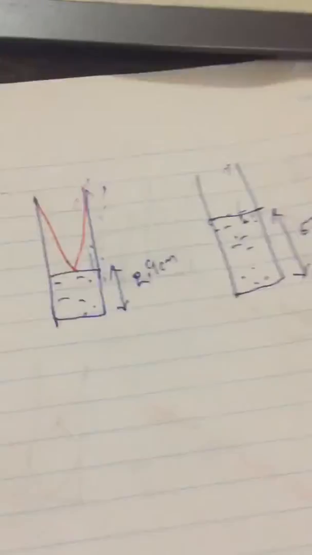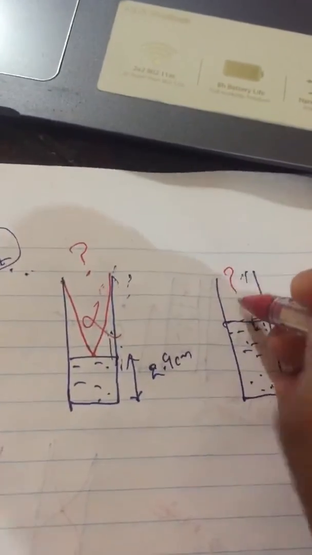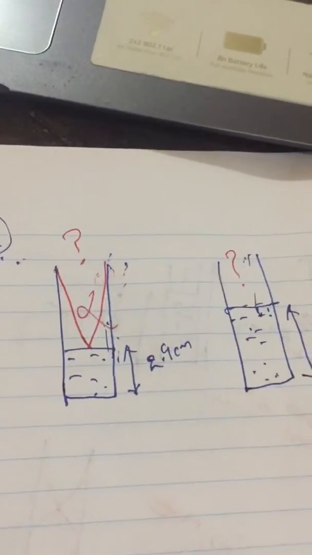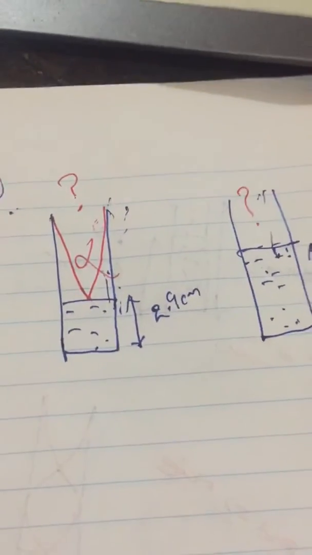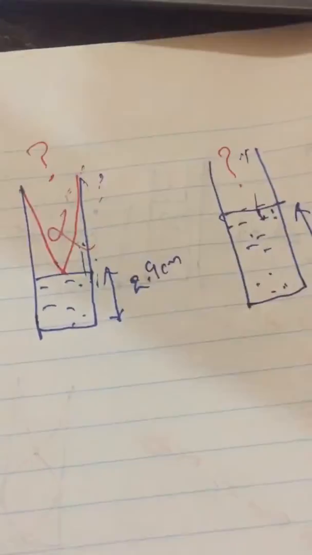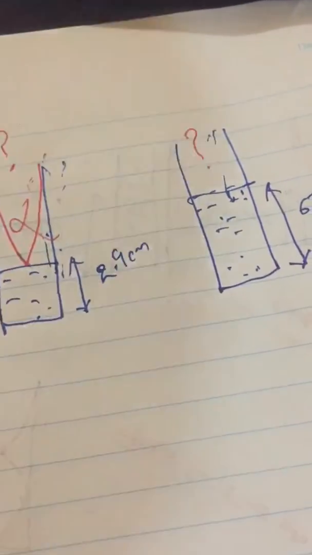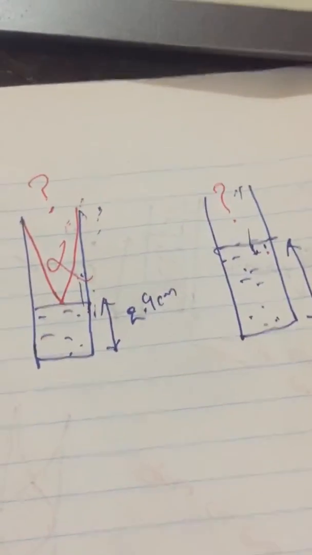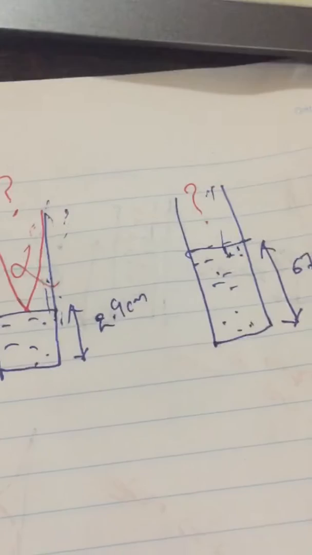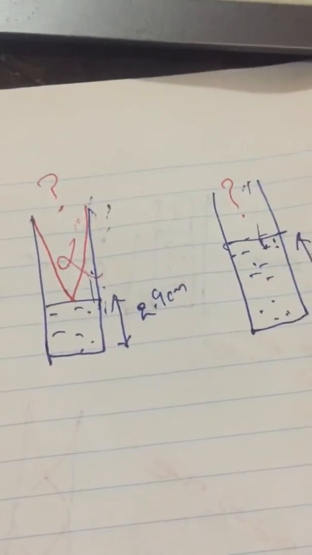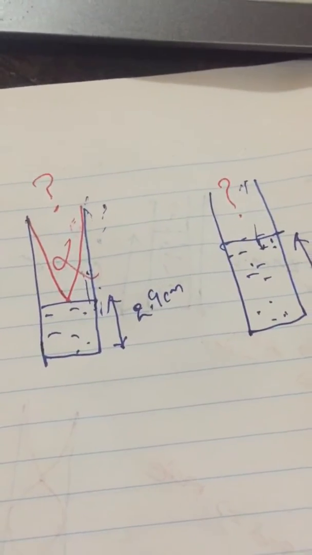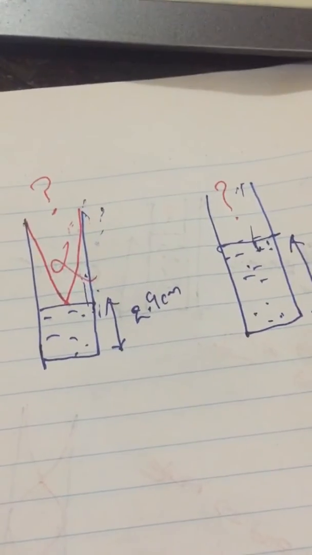which means that we don't know what is the harmonic that is formed in both the cases. We don't know whether it is the first harmonic or the second harmonic or the third or the fourth or the fifth or the sixth or the seventh or the eighth or the ninth. We have no idea. Okay? But what we do know is